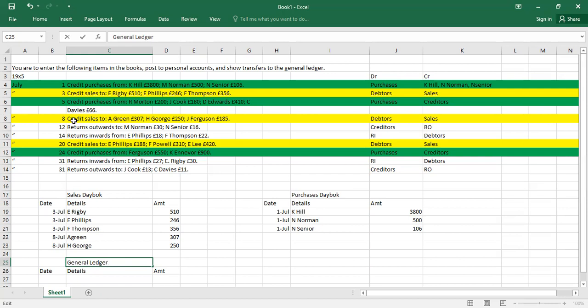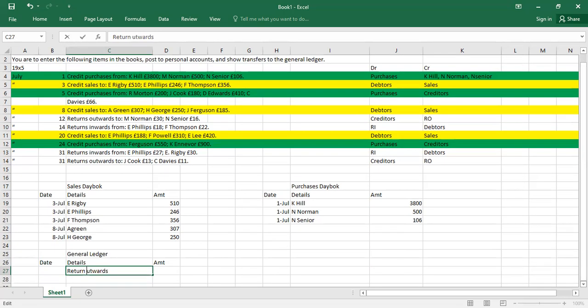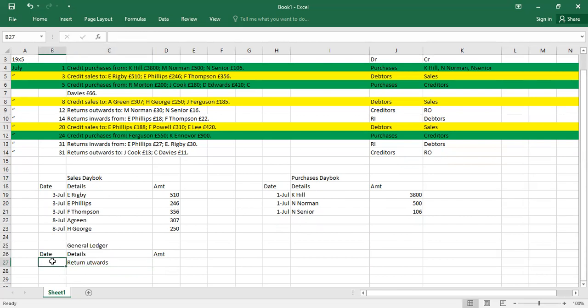You look at the transaction. The transaction is returned outward. So our creditors will be used when we are doing the double entry. But what will appear in the general ledger are returned outwards. Are we there? I have return outwards. I have the amount. This was on 12th July. I have return outwards of